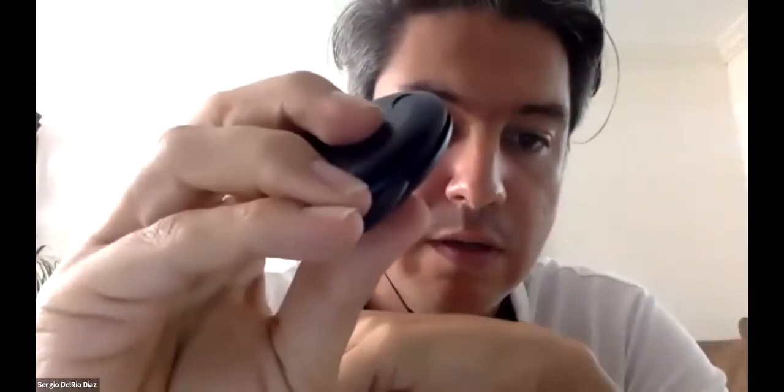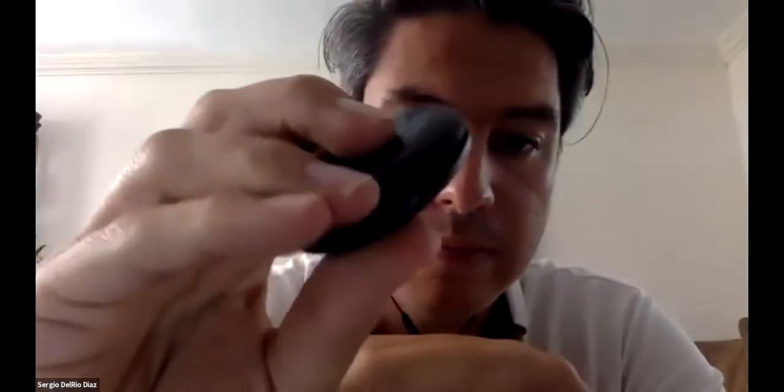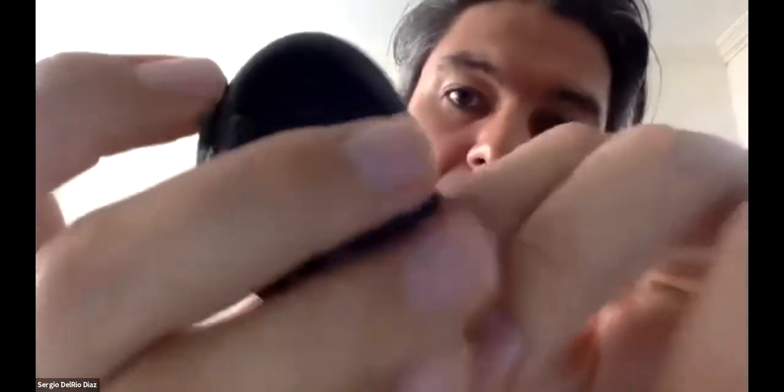When you first receive the translator, does it need to be fully charged to turn on? And what is the indication it is on? Maybe you can show the lights. Yeah, let me show you the lights. So this is the on button. It has a little icon. I don't think I can show it to you, but when you turn it on, it will do a little, this one is, let me turn it off actually.